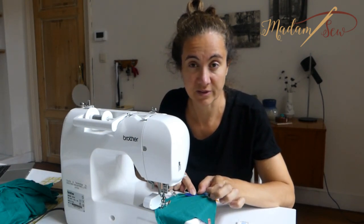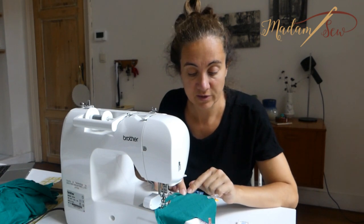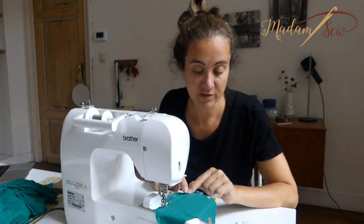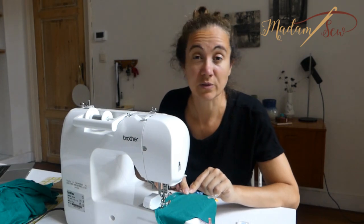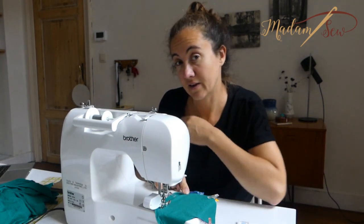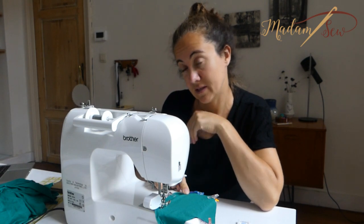And then last but not least, if you're hemming, don't double fold. Don't use double folded hems. Use a single folded hem. The material is not fraying, so there's no problem. And the best results, if you want a result like in apparel or ready-made clothes,